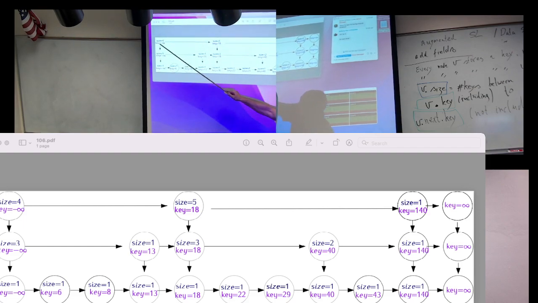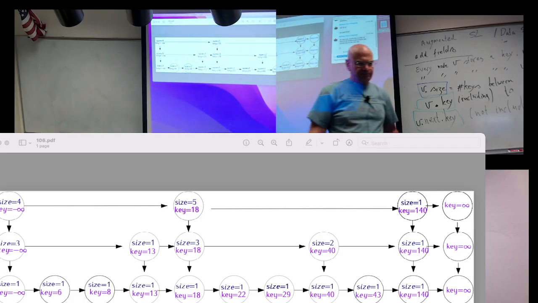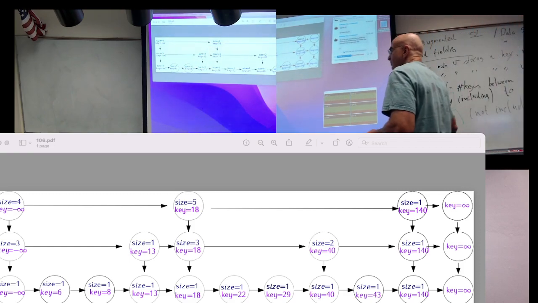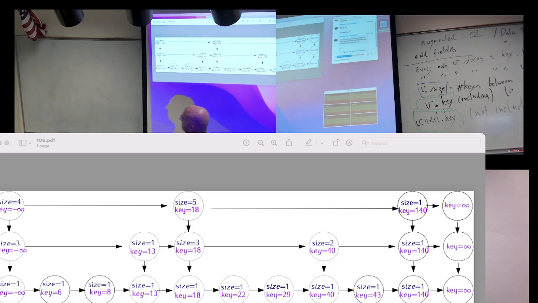This one, last example, I would say the size here is 4, because from this guy to this guy, not including this one, I'll have in the whole skip list, not in my level, the number of keys, not the number of nodes. From this guy all the way to this guy, I have 1, 2, 3, 4. That's why the size is 4. And now I'll ask you guys to use these fields and